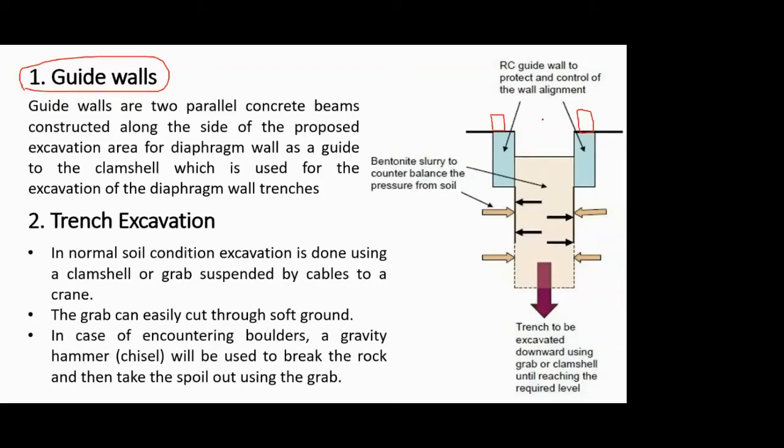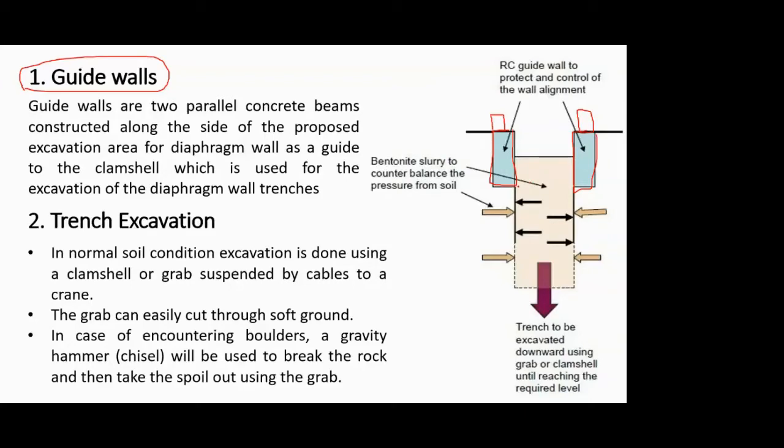So there will be a lot of things going on in the periphery of this excavated trench, and because it's soil, we are saying that the soil is not sufficient enough to take its own load and it will fall into the pit. So to give a temporary support, a guide wall is constructed. And this is the guide wall, the blue color, whatever you see. So these are the guide walls that are first constructed, and then the excavation actually starts.